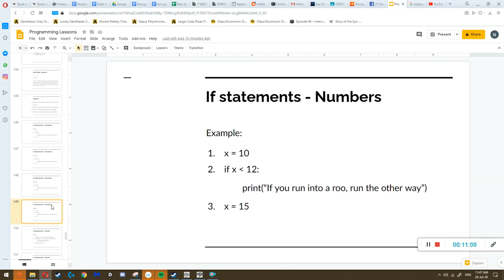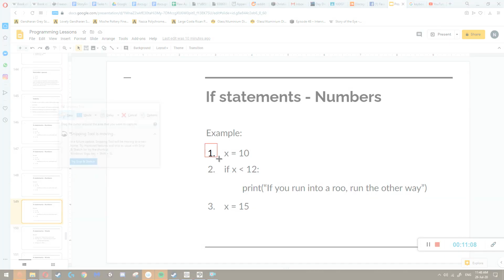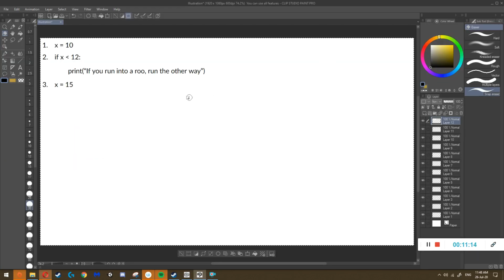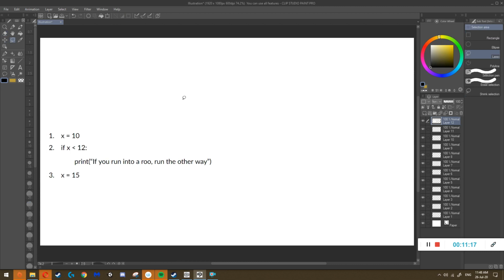And I'm going to do that. This is the final one for this lesson. I'll make it quick. If 10 is put inside x, looks to the second one, it's not greater than now. It's less than. Right? So if whatever is inside x is less than the number 12,